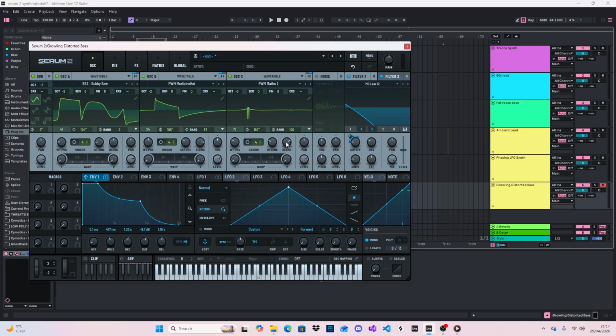Detuned to 0.06, blended to 75, pan centrally, and the level is -5 decibels. So nothing on the noise. And we do have two filters in operation. So filter 1 has got the presets going through to oscillator A and B, and filter 2 has the effects